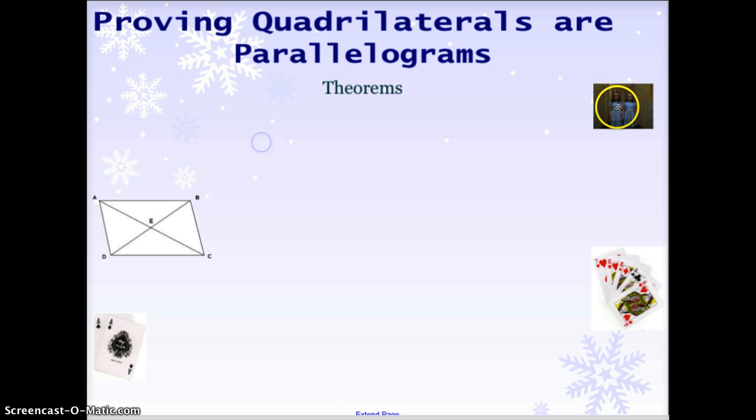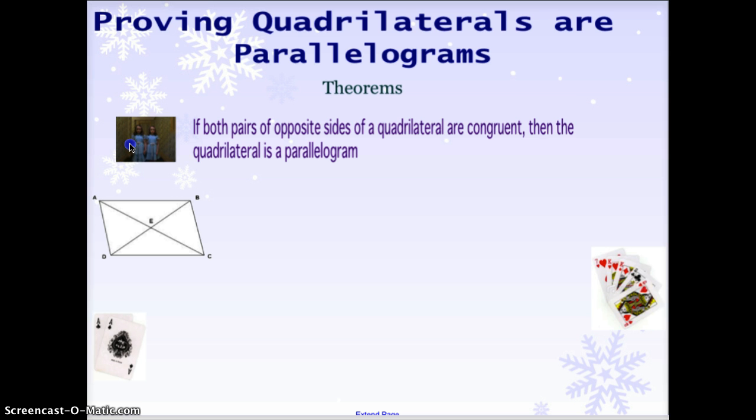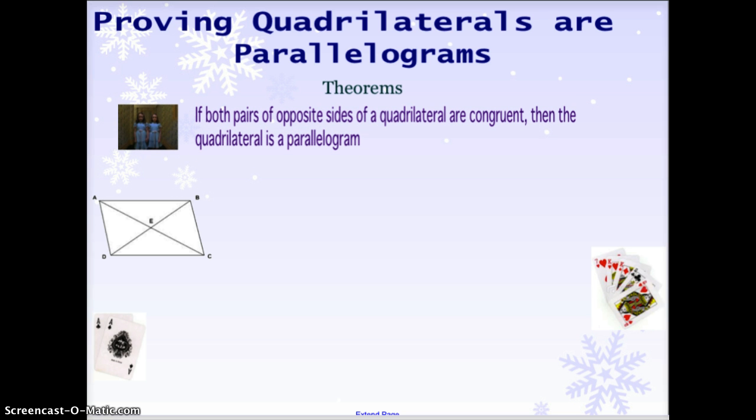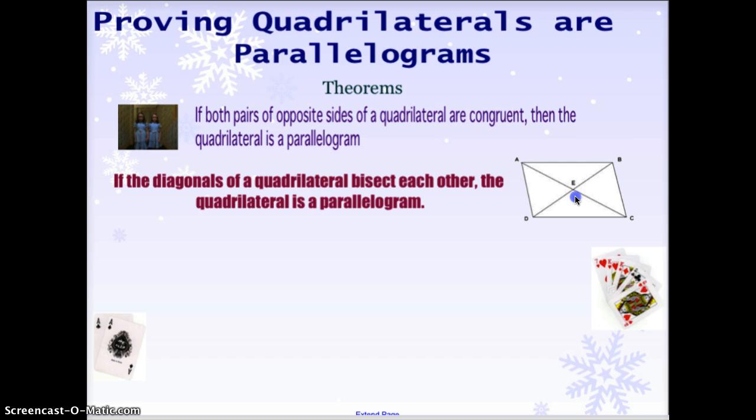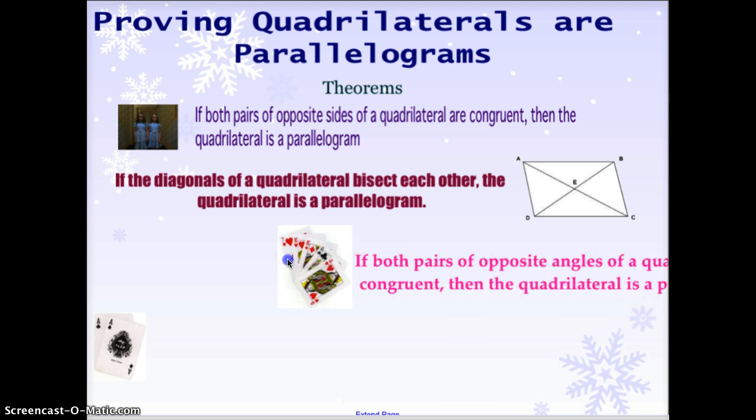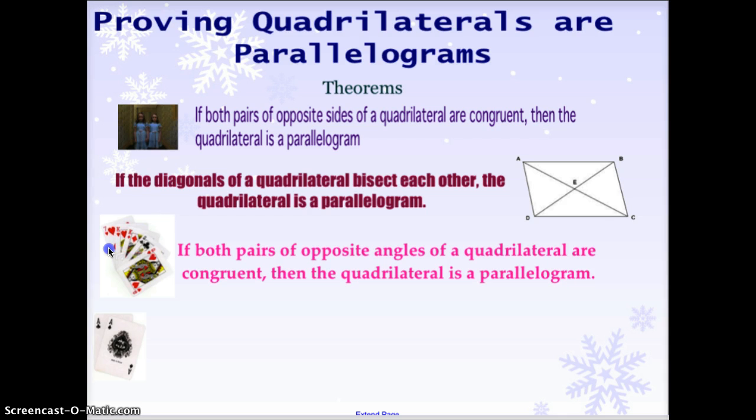The first theorem: if both pairs of opposite sides of the quadrilateral are congruent, then the quadrilateral is a parallelogram. If the diagonals of the quadrilateral bisect each other, then the quadrilateral is a parallelogram. The third one you should also know: if both pairs of opposite angles of the quadrilateral are congruent, then the